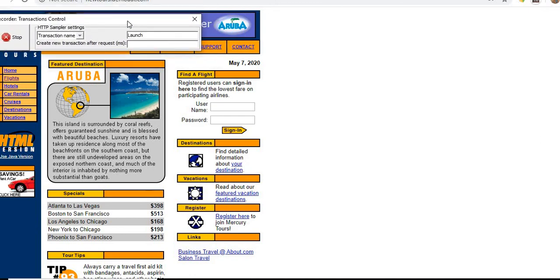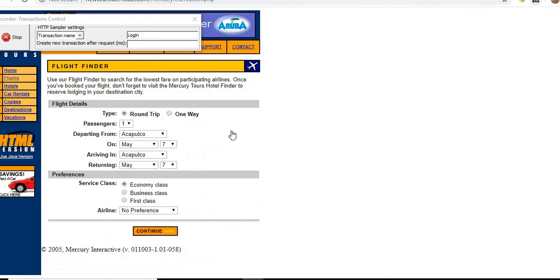We rename the next transaction name as login, and we are giving it credentials and clicking on the sign in button. Okay, perfect. So we are in this state now.